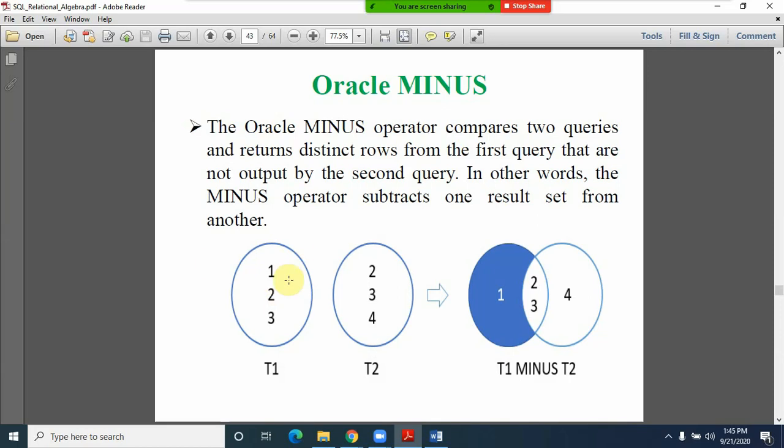If you subtract these, friends, what we get ultimately is 1 2 3 minus 2 3 4. The equal values are left out, and we only get 1, as we are using the minus operator, for example t1 minus t2. We only get 1. You can easily observe this from the Venn diagram, friends. t1 has 1 2 3, t2 has 2 3 4, but our requirement is t1 minus t2, so except this one, all records won't appear in the result set. This is what you call the minus.